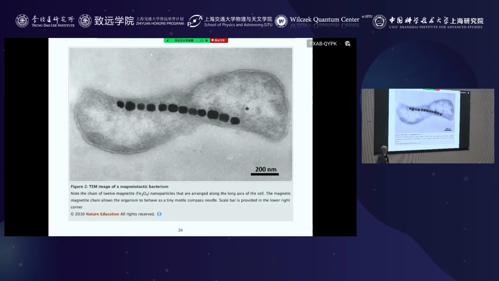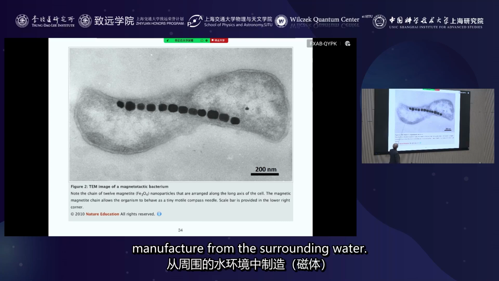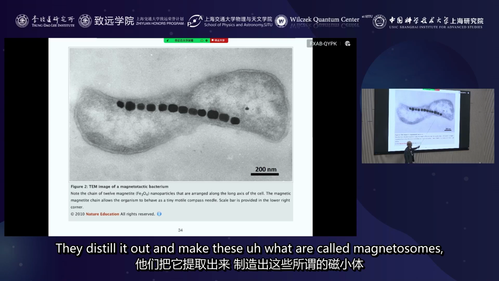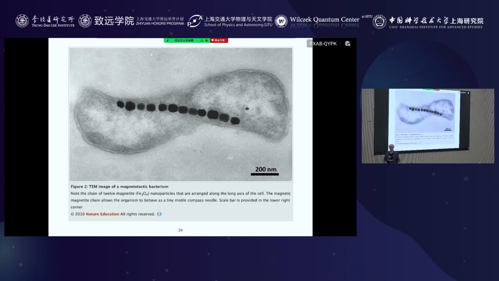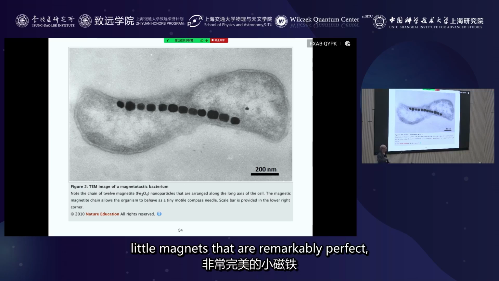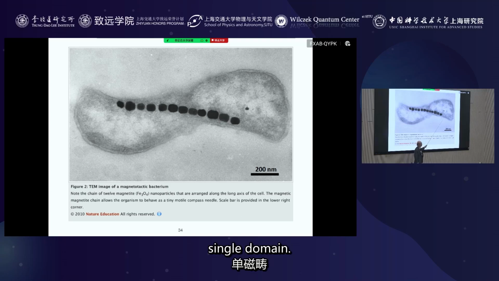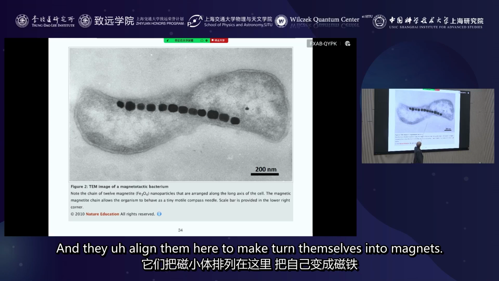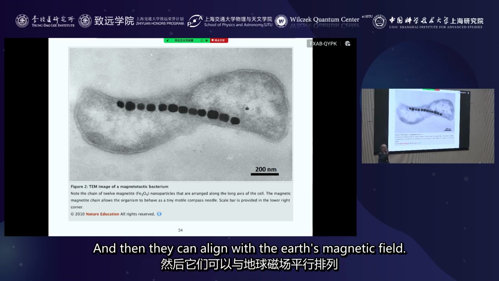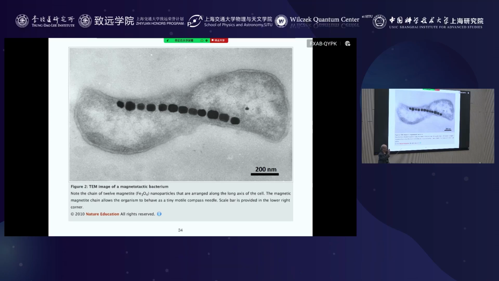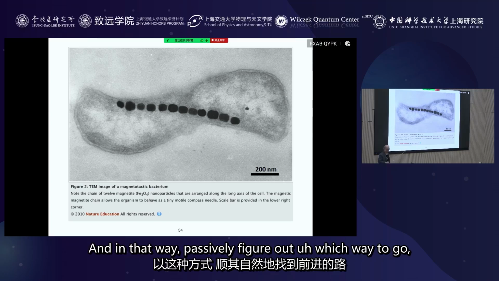These magnetotactic bacteria manufacture magnetite from the surrounding water. They distill it out and make these what are called magnetosomes, little magnets that are remarkably perfect, single domain, and they align them here to turn themselves into magnets. And then they can align with the Earth's magnetic field, and in that way passively figure out which way to